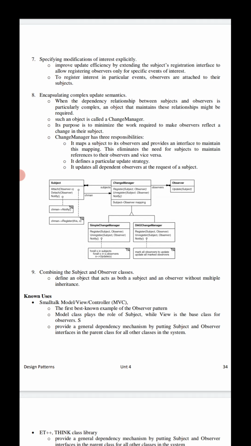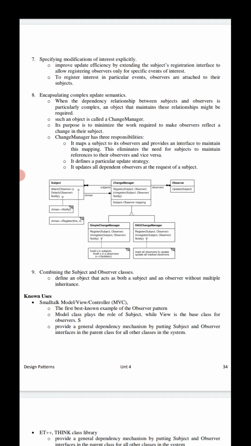The following diagram depicts a simple change manager based implementation of the observer pattern. Looking at the diagram, there are two specialized change managers: the SimpleChangeManager and the DAGChangeManager. The SimpleChangeManager is naive in that it always updates all observers of each subject.